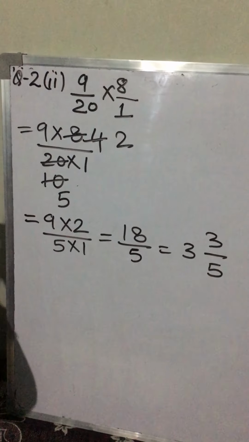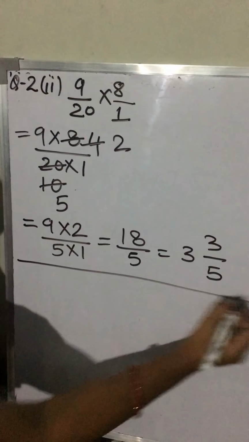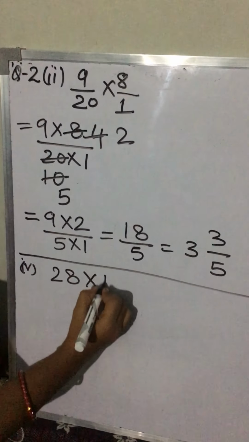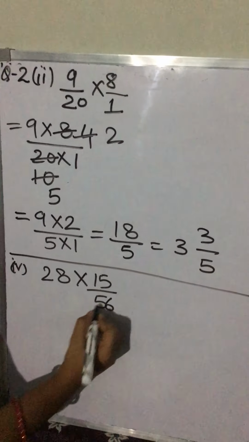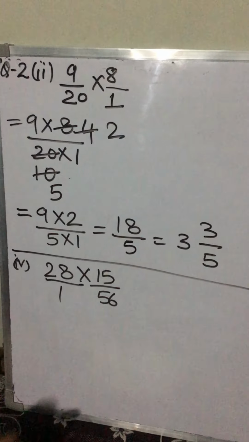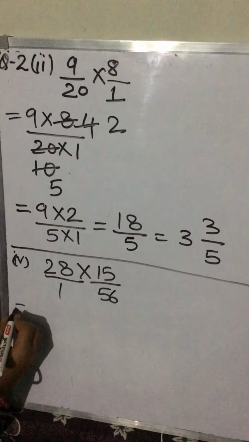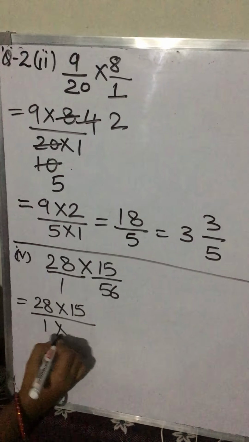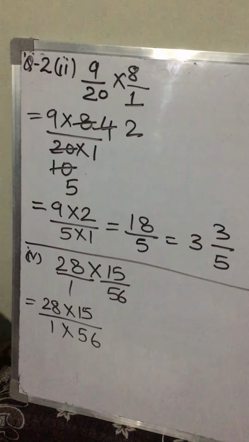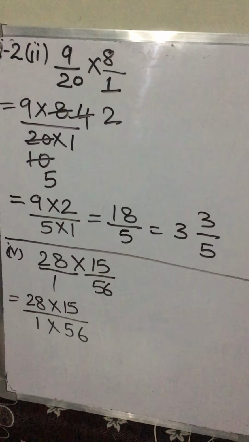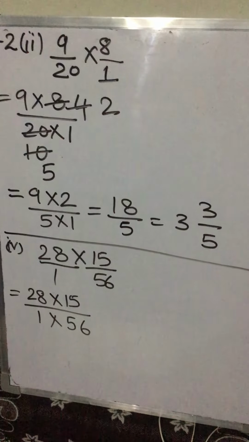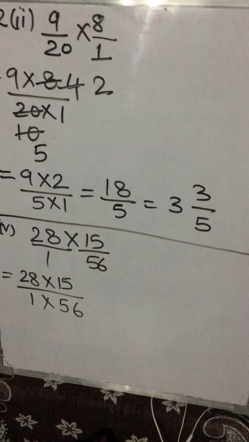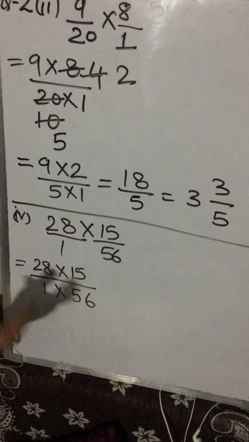Now see children, it's the fourth part I am going to explain. 28 into 15 by 56. Again 28 does not have any denominator, so let's put 1 as the denominator. Multiply numerator by numerator and denominator by denominator. 1 into 56. Now 28 and 56, both are coming in the table of 7. Okay, or you can take it with the table of 2 also, but you have to cut it more times. But if you know that both the numbers are coming in the table of 7, then you can cut it